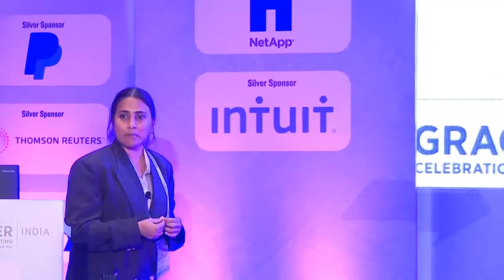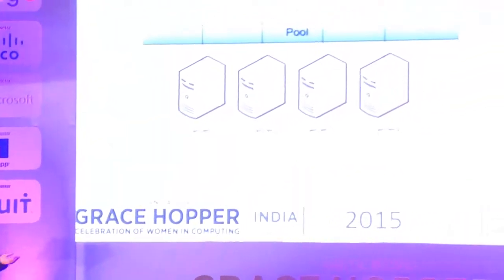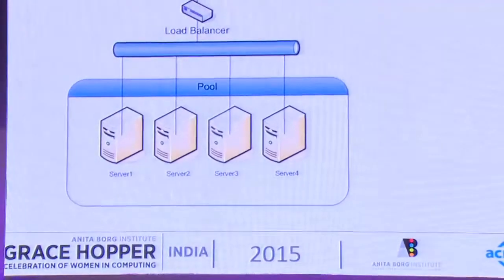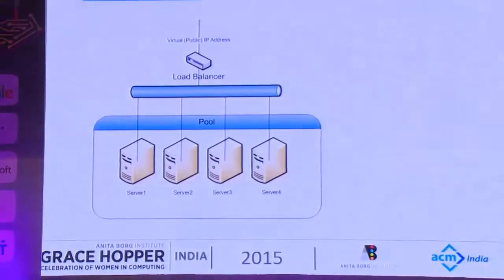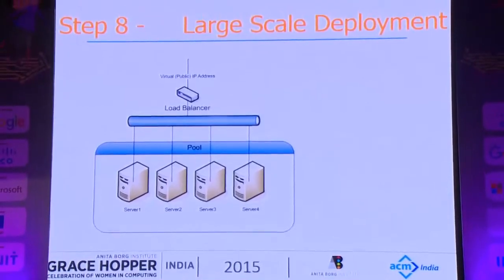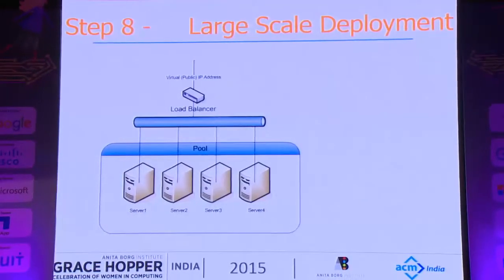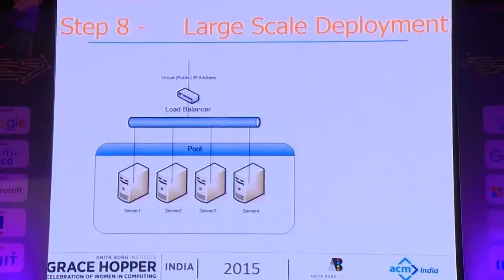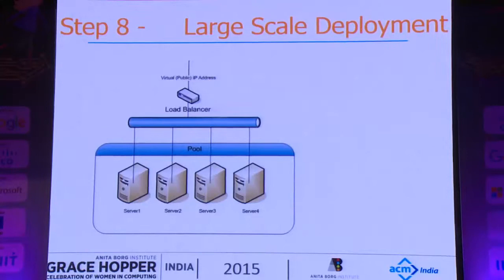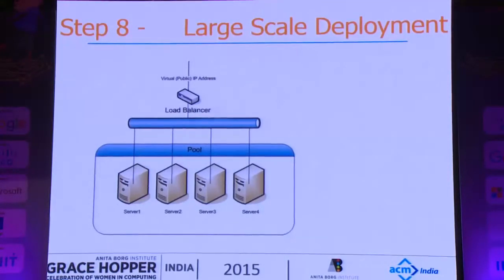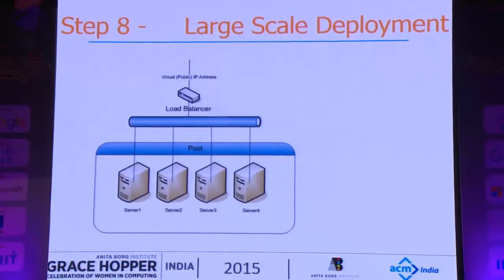Just a small touch upon large scale deployment. So how was this deployed actually? What we did was, it was a horizontally scalable system. We ran multiple instances of this on different servers, and we used a load balancer in front of it. We first measured how many simultaneous requests each of these servers could handle. For us, I don't remember exactly, maybe it was something like 1,000 that it could handle.